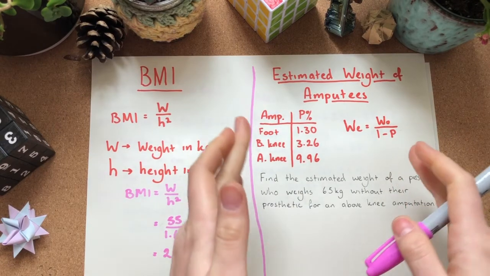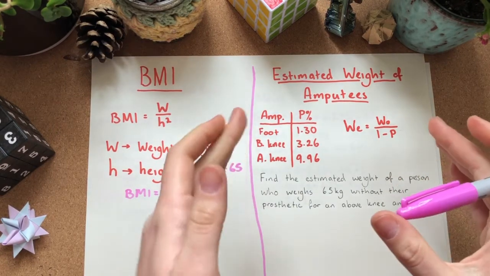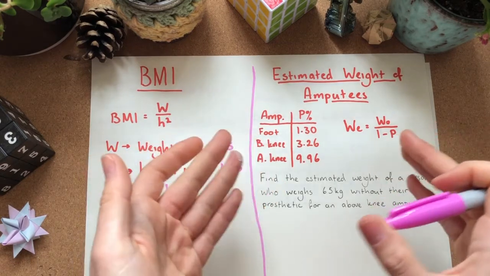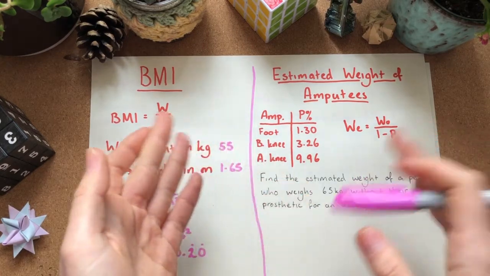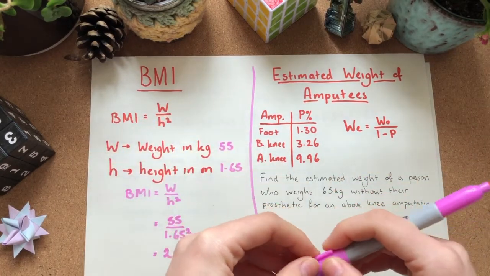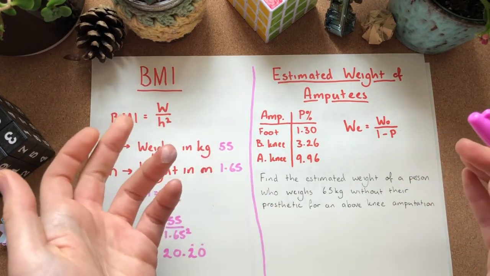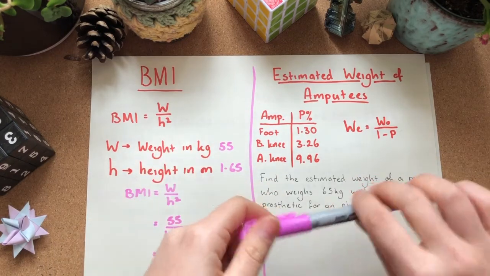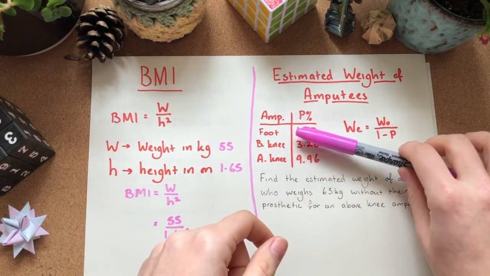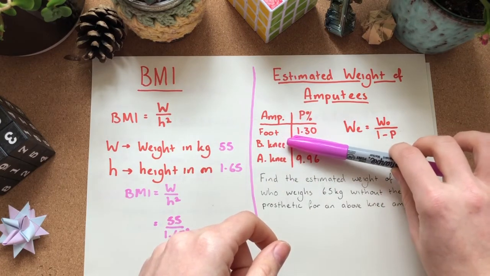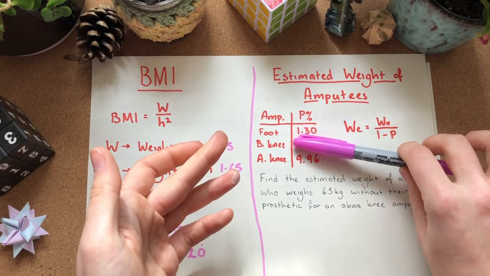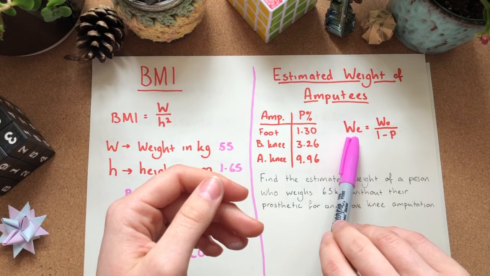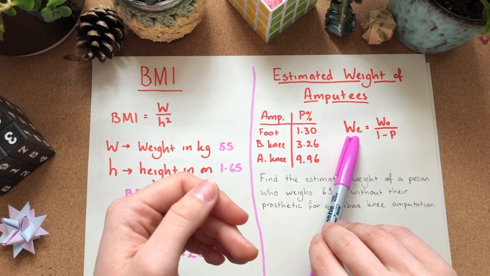Over here, my friend is a nurse and he works with a lot of amputees, and he told me that you need to keep track of people's BMI when you're nursing, just to see if they're getting healthy or not eating enough, things like that. But it can be really difficult if someone is missing an entire limb or a part of them, because this formula will not work anymore for them. So what they have is a table of percentages, and it goes on, but I've just taken a few here. A table of percentages, which is the average percentage that a particular body part would take up of your entire weight. And to work out the estimated weight that they would be if they didn't have an amputation, they do